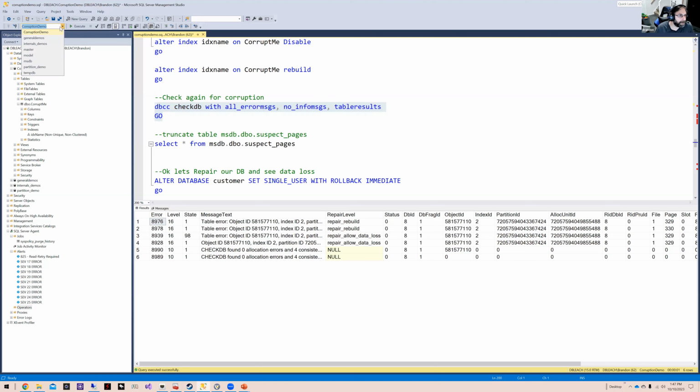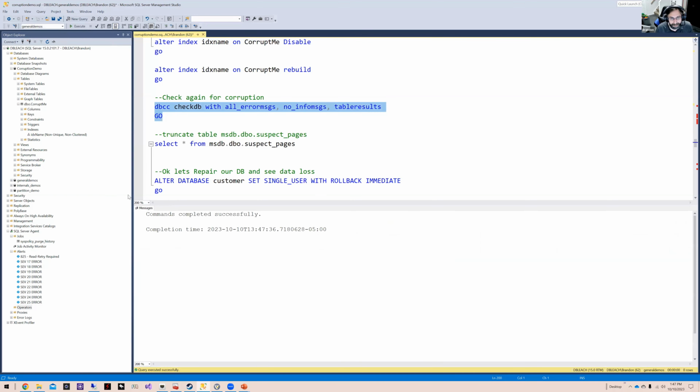Now, if I had done general demos over here, it outputs nothing. And the reason for that is we have the options with all error messages and no info messages. So no info messages gets rid of all the junk, and all error messages make sure that you see every actual error. And this table results is actually an undocumented